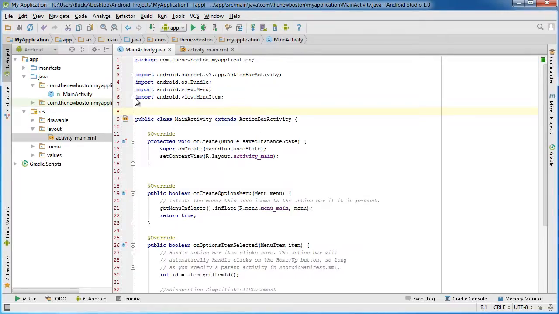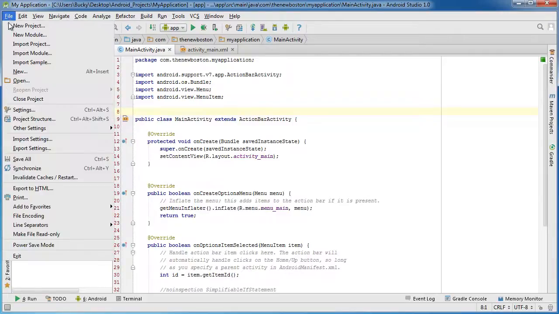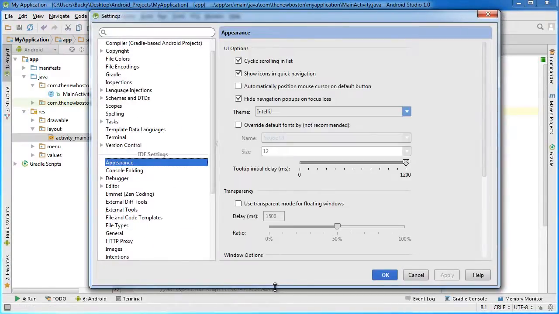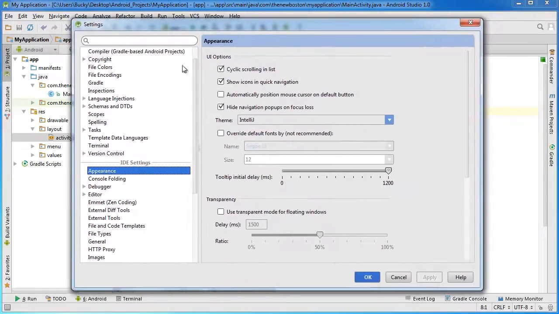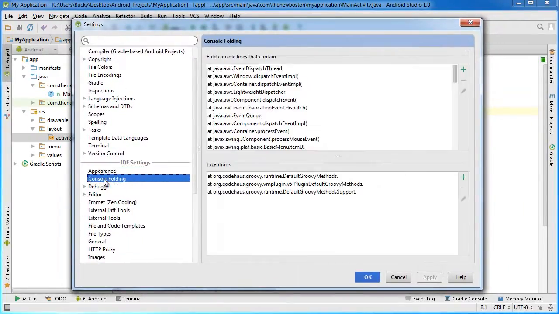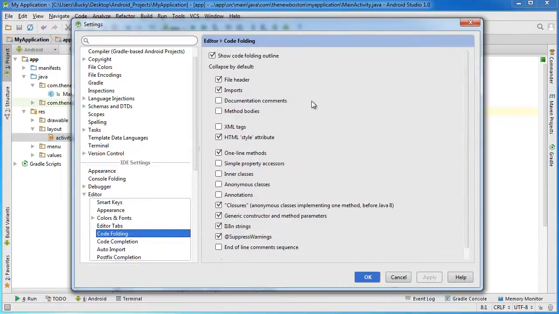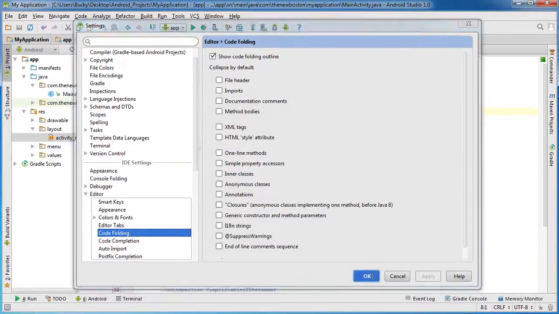So if you want to get rid of all of the code folding, as it's called, go to File and back in Settings. Let me minimize this, make sure you guys see everything, and go to Editor, under the IDE settings, and Code Folding. And right here, this first checkbox is just to show the code folding outline. That's that little arrow you can click to either bunch it up or expand it. But what I want to do is uncheck all of these, so none of my code is going to be folded. Again, once I apply this,